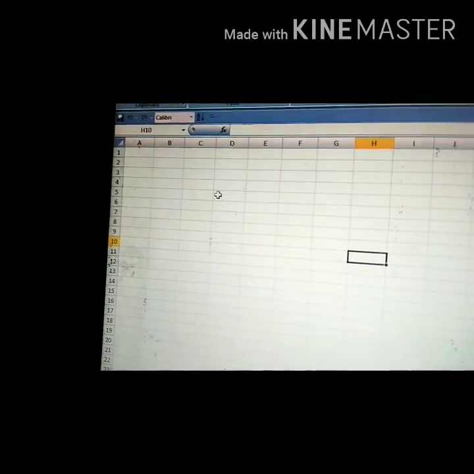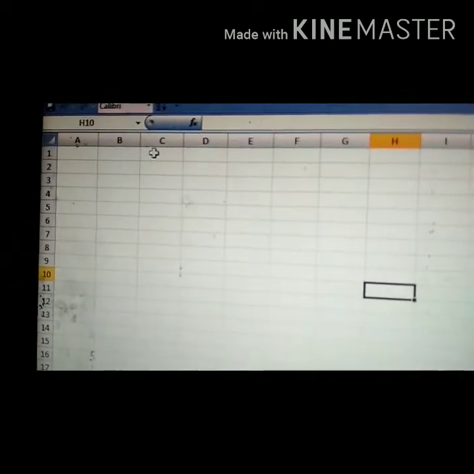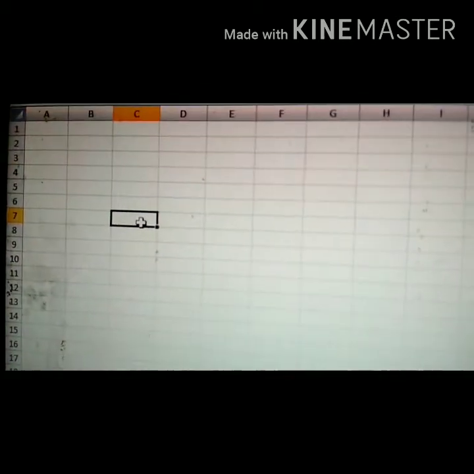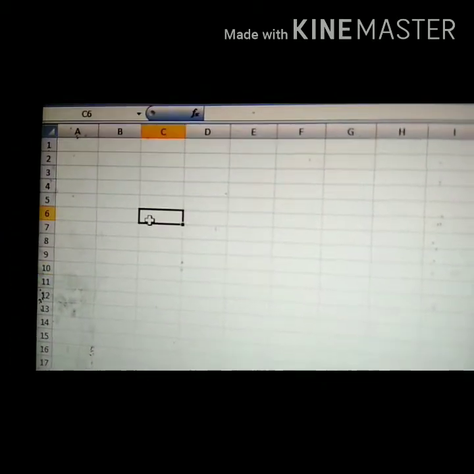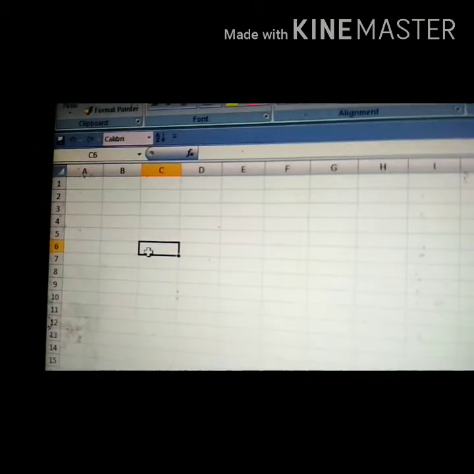Our today's topic is selecting cells. How we can select different cells, that we are going to see. Children, we know that we can enter data in an Excel worksheet. Now this worksheet consists of rectangular boxes which are known as cells. So to select a particular cell, we just need to take the mouse pointer over there and click. This is how we select a single cell. Take whatever cell you want to select and click on that. The cell with the thick boundary is the active cell, the selected cell.